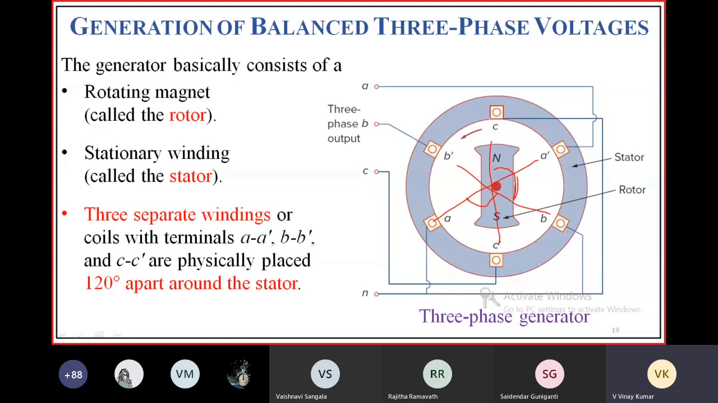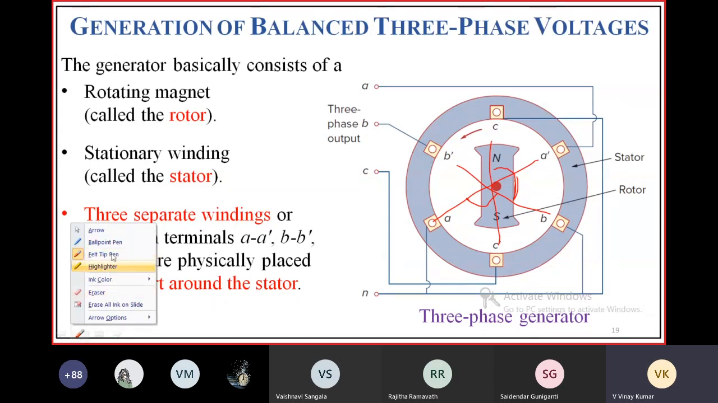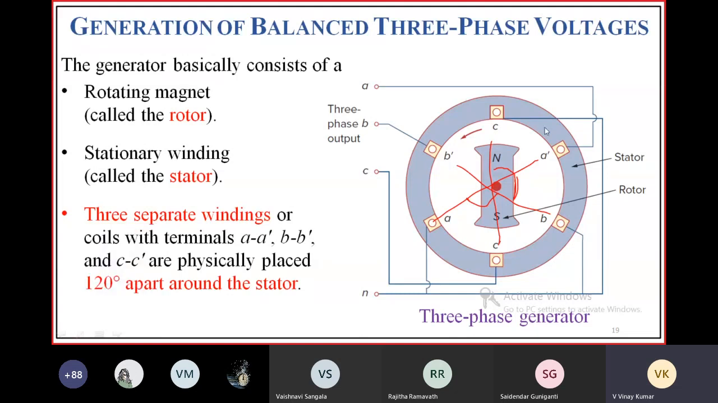Here we are rotating the magnetic field. The rotor itself is producing the magnetic field when it gets excited. If it is stationary, and the coils are also stationary, no magnetic field will be produced. Sorry, no EMF will be induced. So in order to provide time variation between the magnetic field and the coil,